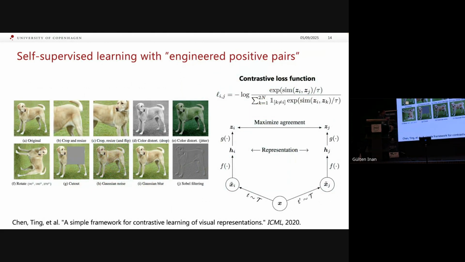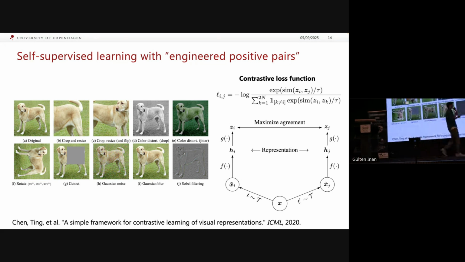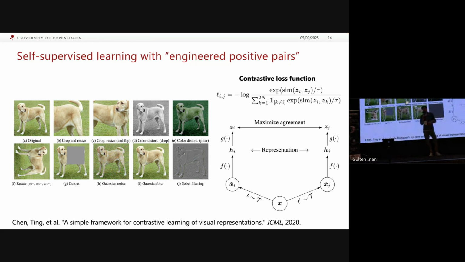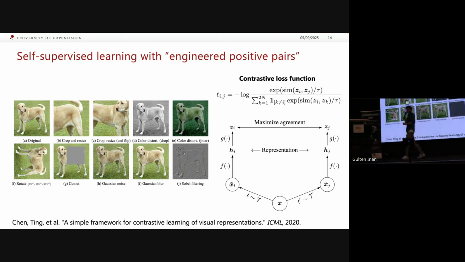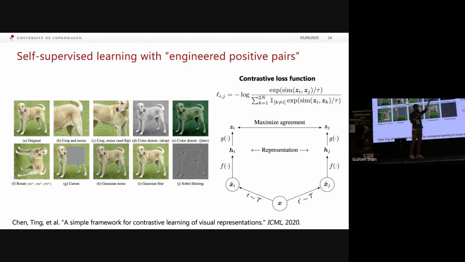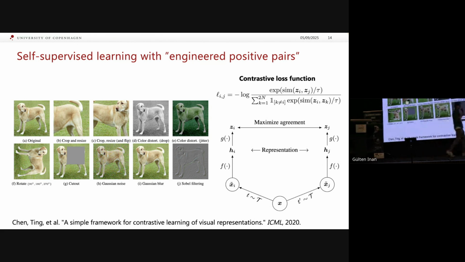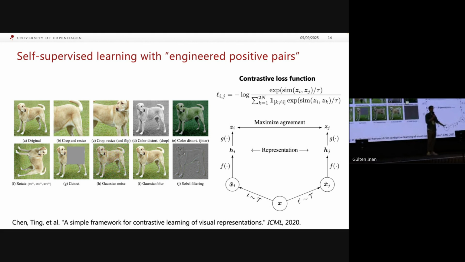Okay, so this is just a bit of an introduction to self-supervised learning. If you look into the computer vision domain, this is very much at the core of many of these self-supervised learning approaches, contrastive learning approaches. So the idea here is to engineer basically positive pairs. So X is our input data. This could be just a raw image observation. It does not have any label.